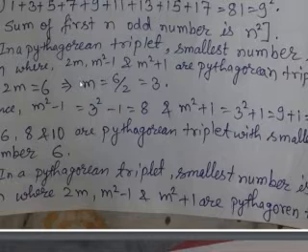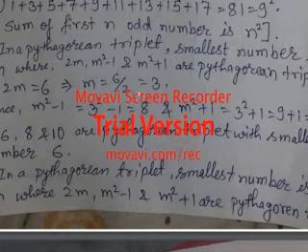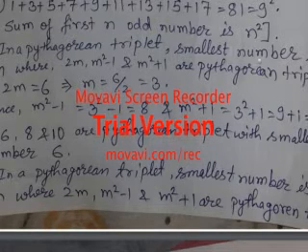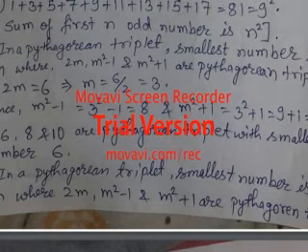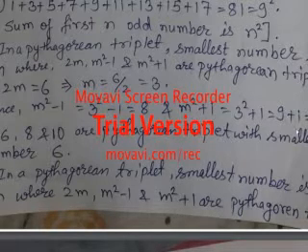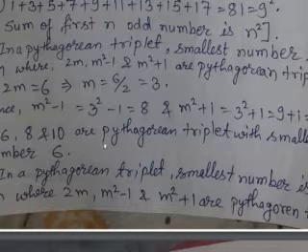Now you can watch over here. So I had written 2m is equal to 6, then m is equal to 6 by 2. Let's read it again from the first. In a Pythagorean triplet, the smallest number is 2m, where 2m, m square minus 1 and m square plus 1 are the Pythagorean triplet. So 2m is equal to 6 and m is equal to 6 by 2, which is 3. Hence m square minus 1 is equal to 3 square minus 1, that is 9 minus 1, which is 8, and 3 square plus 1, so 9 plus 1, it becomes 10. So what happens? 6, 8, 10 is a Pythagorean triplet with the smallest number 6. Smallest number is how much? 6.